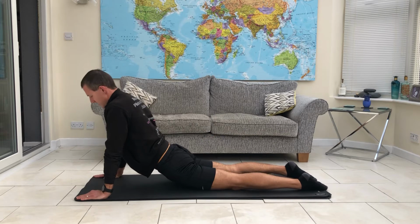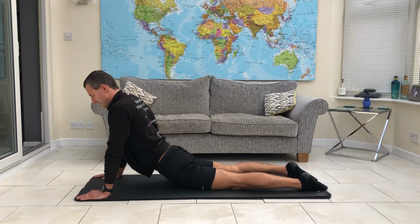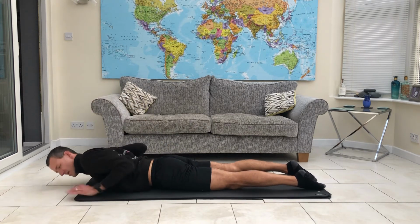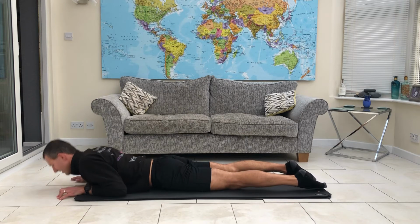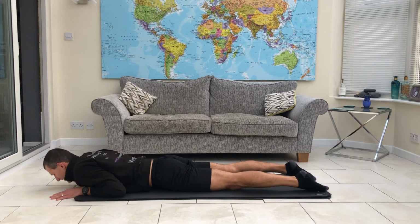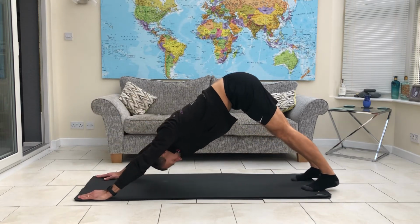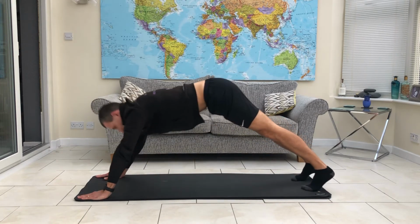When you're into the cobra position here, you might find it a little bit more comfortable to stay down on your forearms and go into a sphinx instead. So once you've lowered, bring the forearms down, lift the head and chest there. That is absolutely fine. Either way, after each one, you push back up, come forwards,